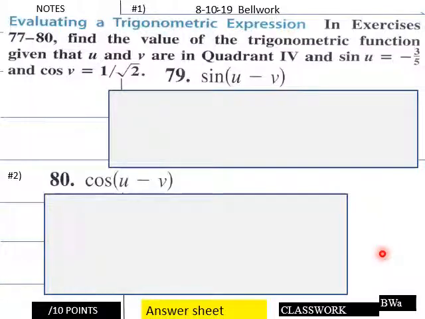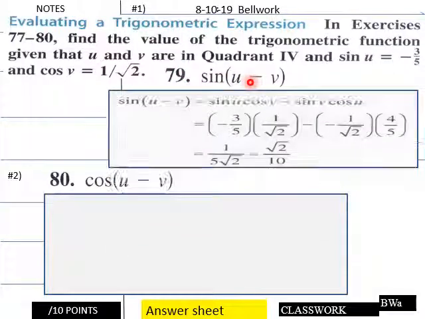Okay, for today's solutions, so today's bell work, students, sine u minus v. So sine u minus v as a trigonometric identity would be sine u cosine v minus sine v cosine u. Here, 4/5 will equal this once you plug in your values here. And then you end up with radical 2/10, 1/5 times radical 2. When you rationalize this, you end up with 10